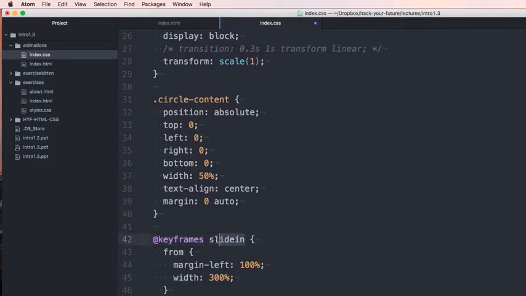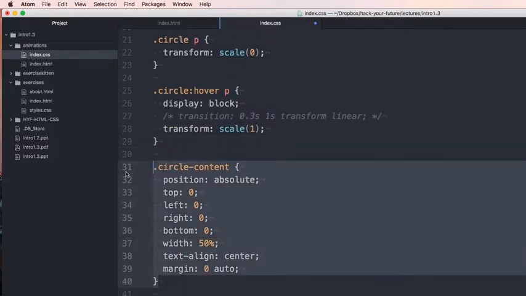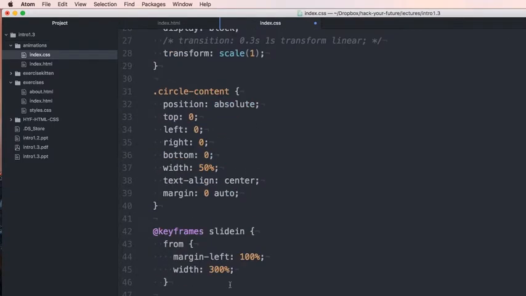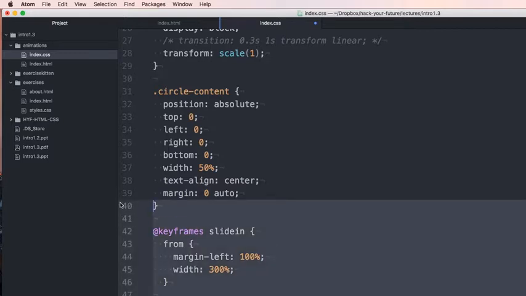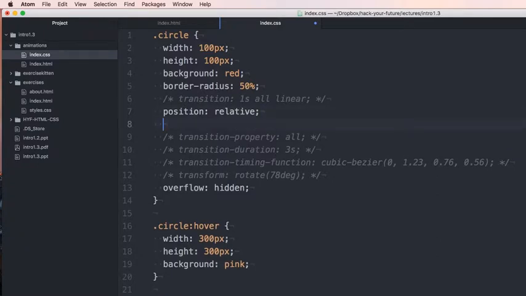In this case, my animation is called slide in. This is just going to get keyframe crazy. Which class, which element is it related to? Right now it's related to nothing. You just create it. It's like creating your own animation, and you name it. Like I can call this Alicia sliding, and then you put that in